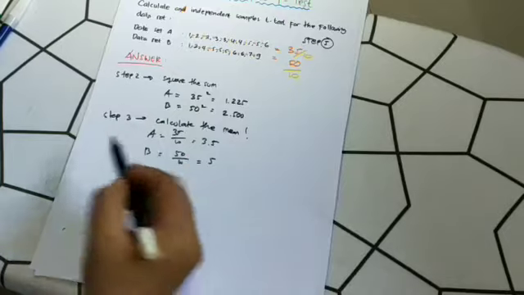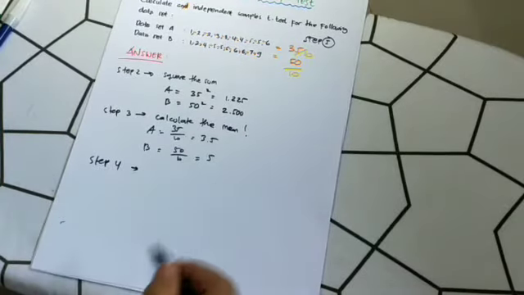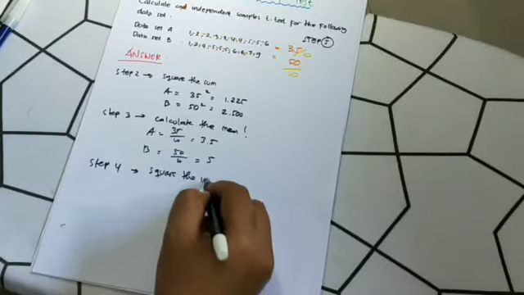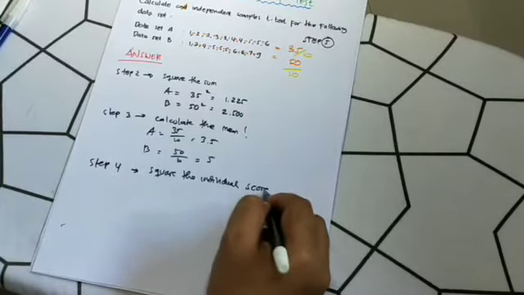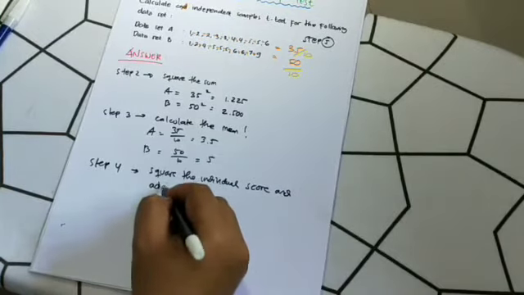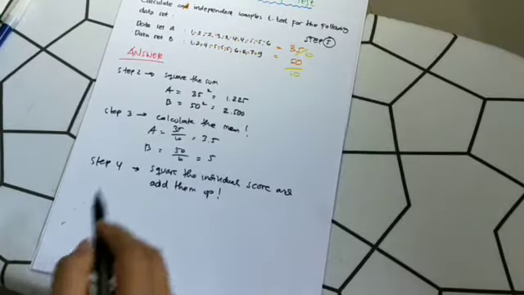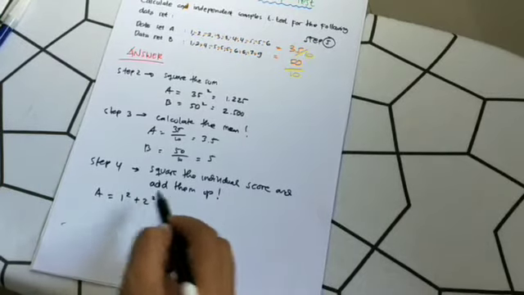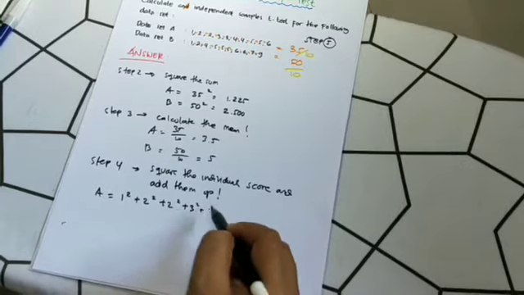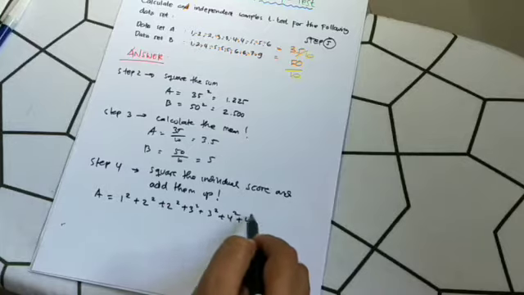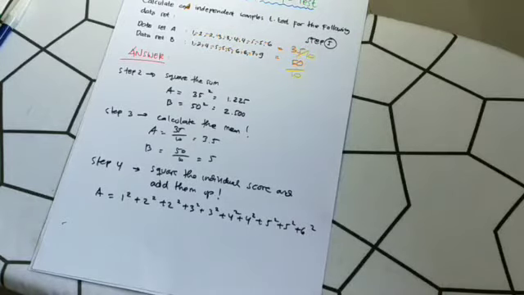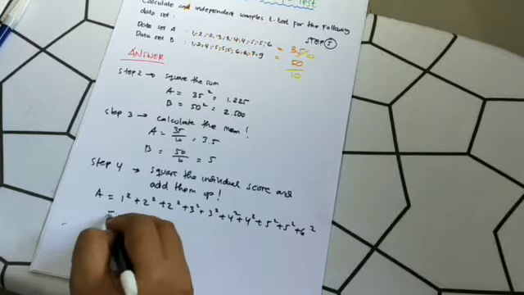Then step 4. Square the individual scores and then add them up. So what does it mean? It is like this: 1 squared plus 2 squared plus 2 squared plus 3 squared plus 3 squared plus 4 squared plus 4 squared plus 5 squared plus 5 squared plus 6 squared. Just use your calculator or your Excel. It will be easier, I promise. And you will get